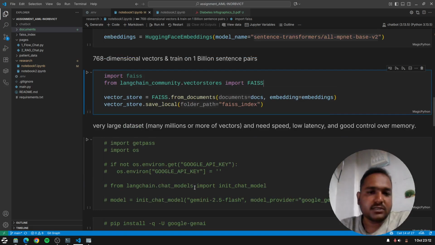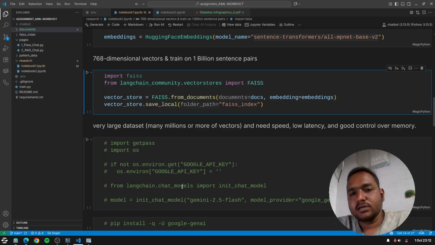We are using FAISS because we have many millions of records. It is a very large data set, and it was built by the Facebook team. FAISS has its own long form, Facebook AI Similarity Search, I think that is the long form, and it has very good speed with low latency and good control of the memory. It has very tightly integrated and optimized code